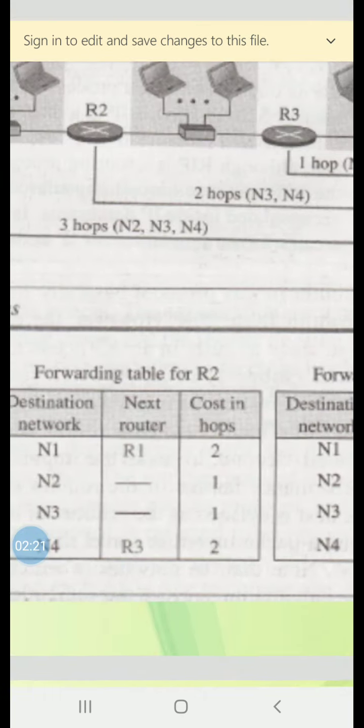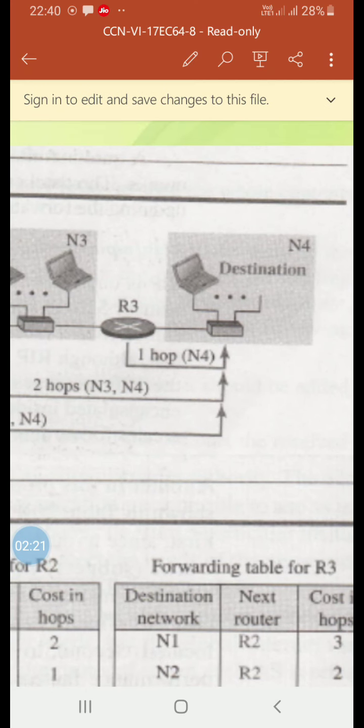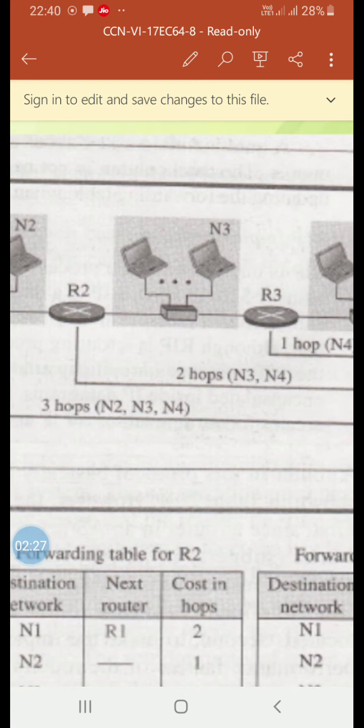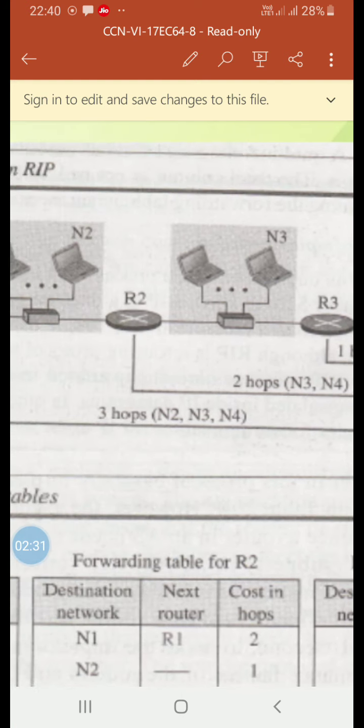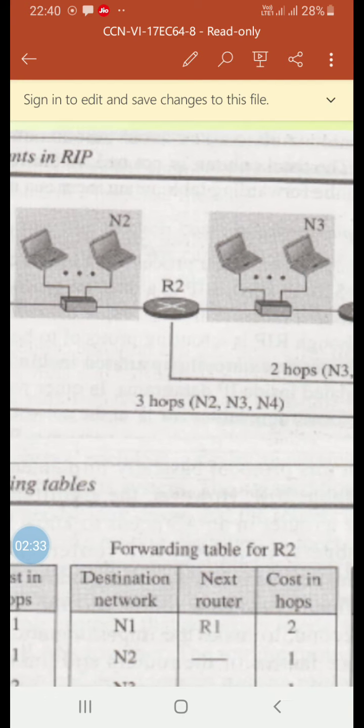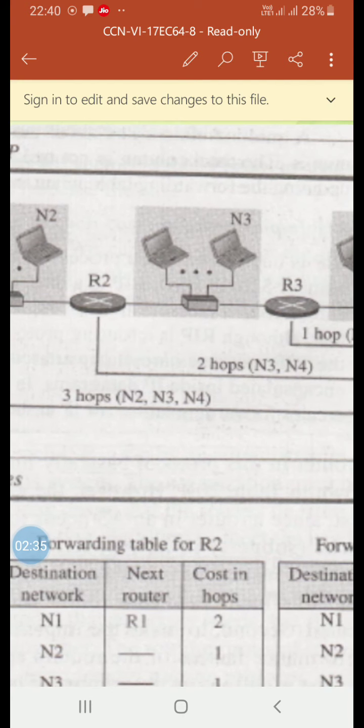So here it has been shown how many hops. From router R3 to destination it is 1 hop, whereas from router R2 it is 2 hops, N3, N4, whereas from router R1 it is 3 hops, N2, N3, N4. So is it clear? Next we'll see about